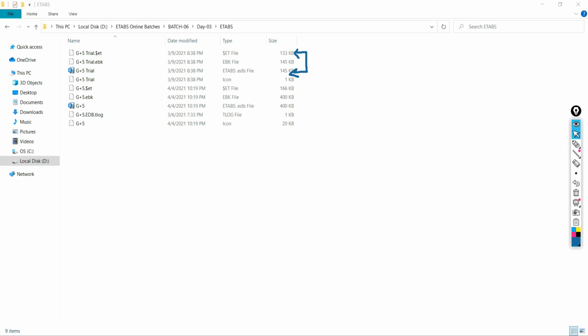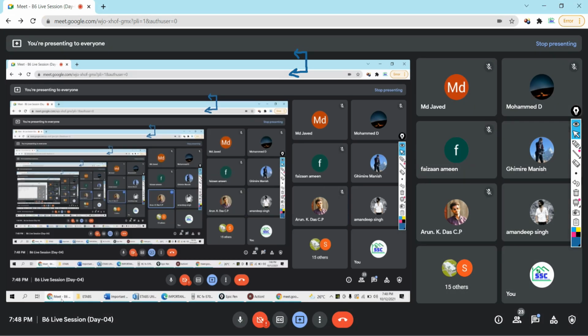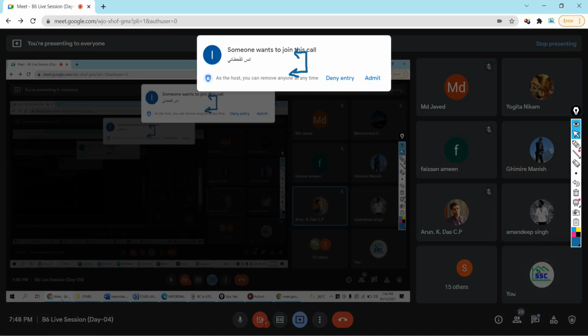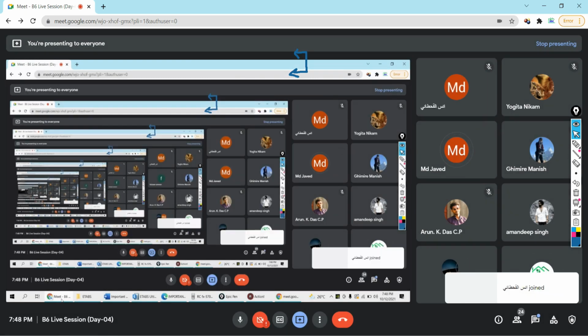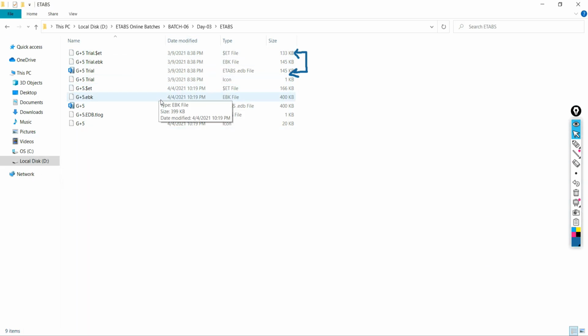It's very simple. Whenever you share an ETAP file, just send both files. He will understand what software he is using. If he is capable of opening the model directly, he will do so. If not, he will import the $et file.